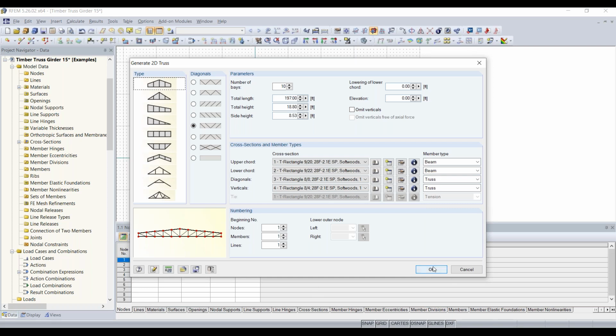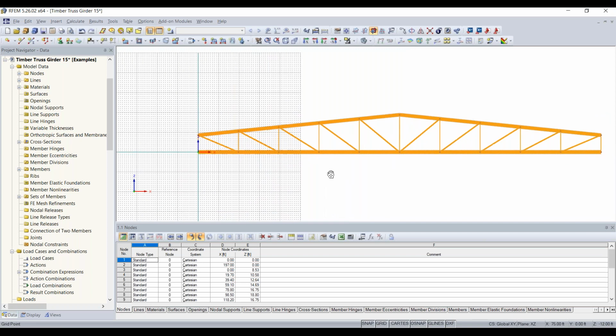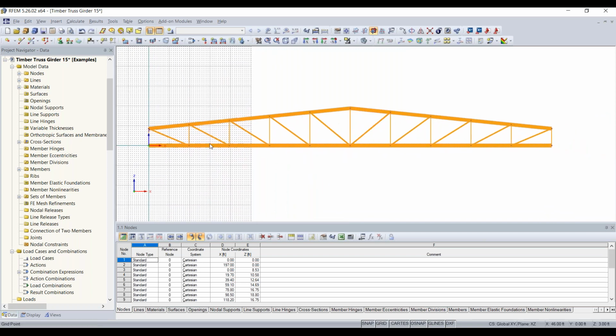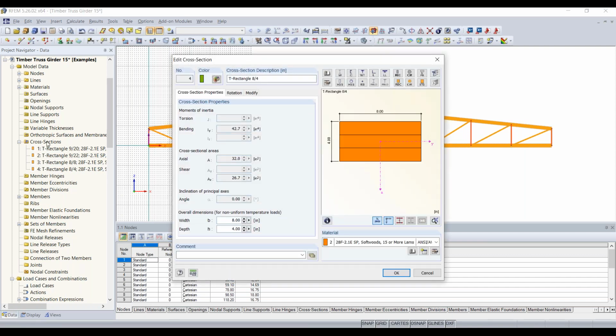Next, we can basically just click OK, and you can see that our truss has generated. So you can see all of our member types are created. One thing I do want to actually change is the verticals. We should probably increase the cross section of them. They are looking a little slim, so what we can do is simply go to cross sections, and then